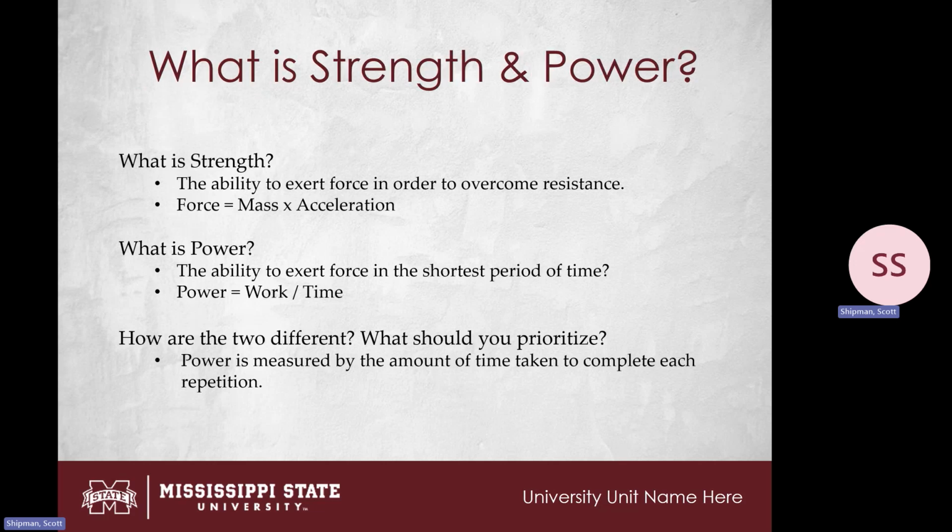So first off, to cover what strength is, what power is, and how we differentiate the two, and how we prioritize each during whatever phase, block, or time of year we may be training. So to start, strength is the ability to overcome resistance of an object. Basically, force equals mass times acceleration is the formula that I'll look at whenever we're looking at strength. So essentially, the amount of mass we can use and the ability to accelerate it.